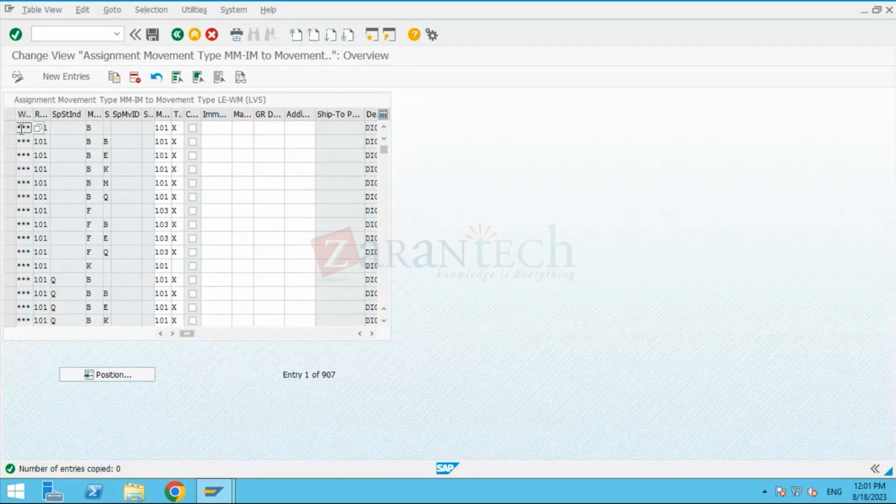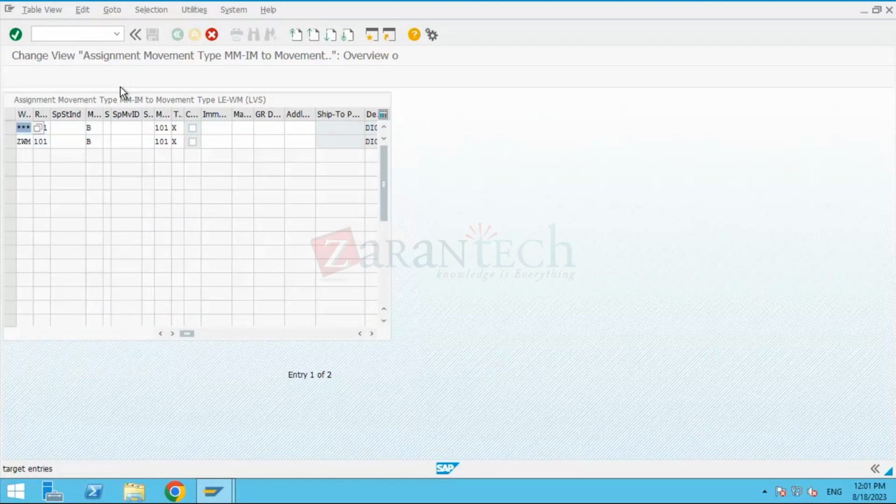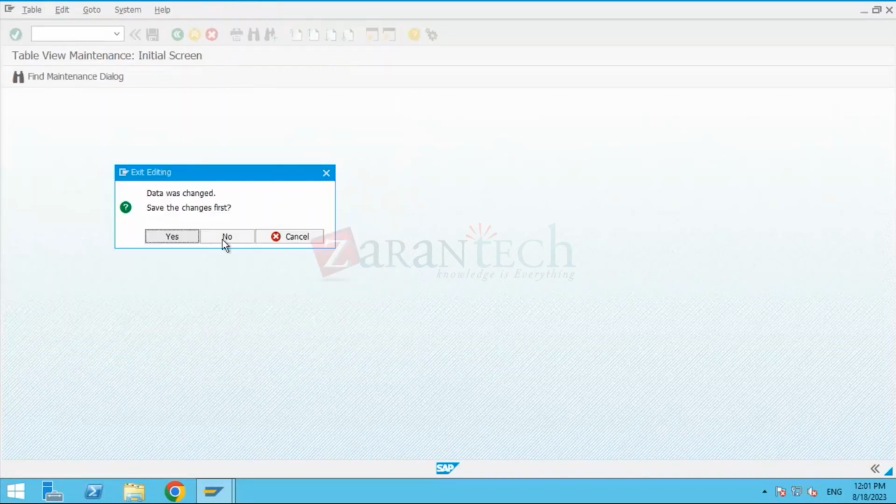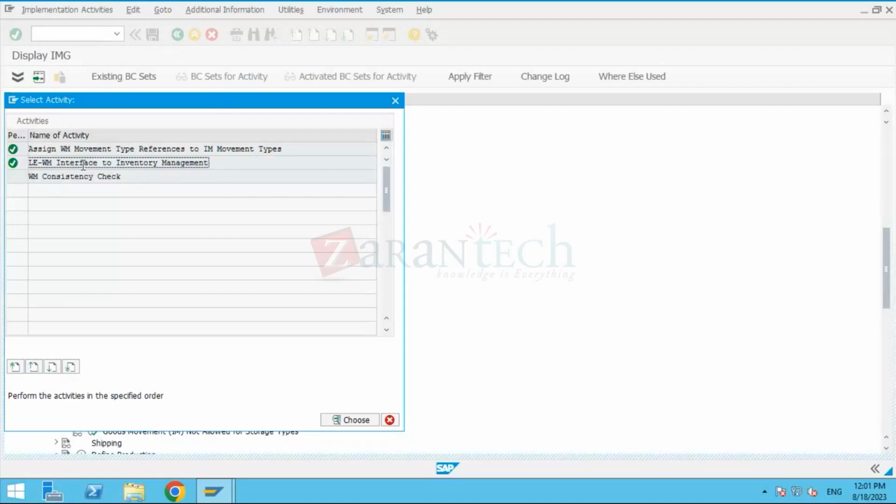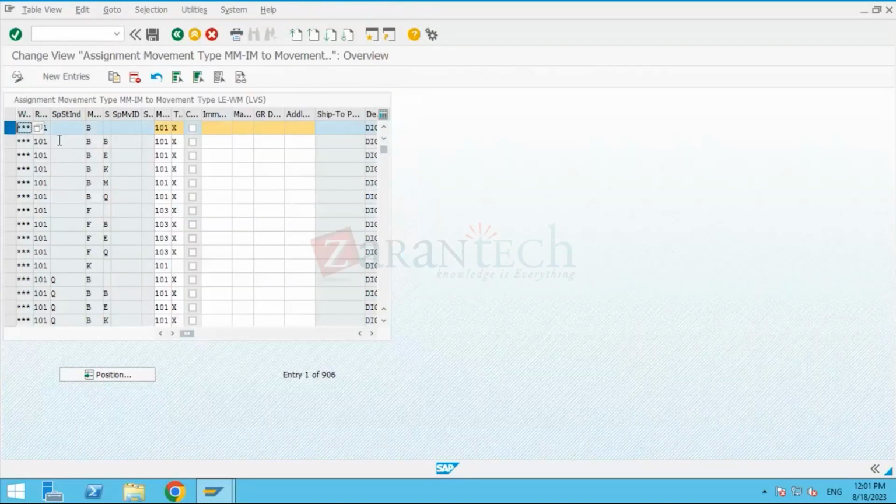And other than Z, in what cases can we use it? Because it's a warehouse-number-specific control. What controls do we have here? Let me first of all cancel and come back. If you have a look at this,